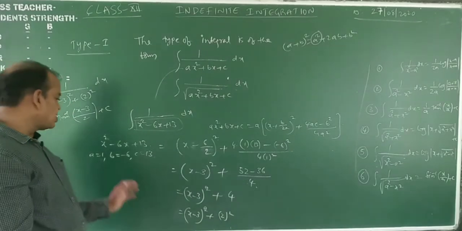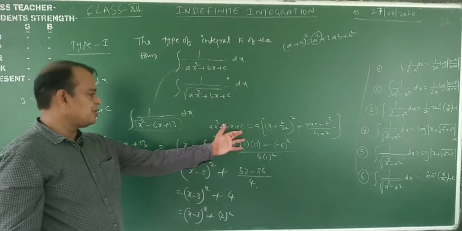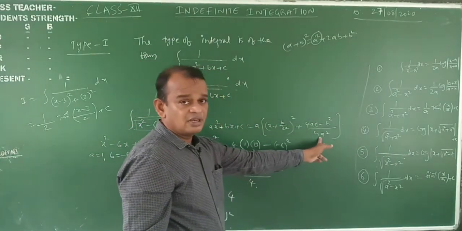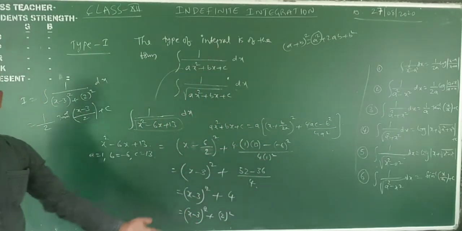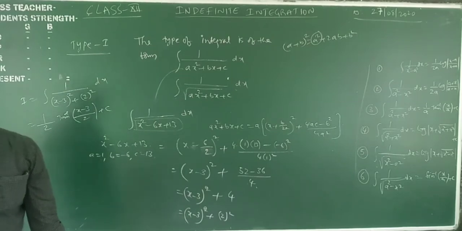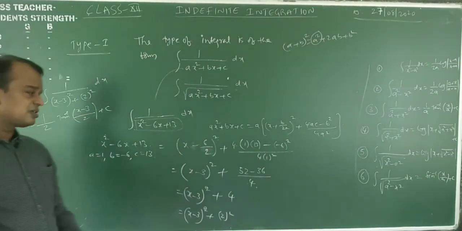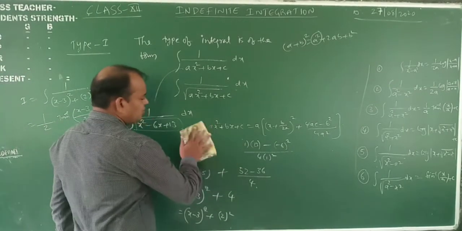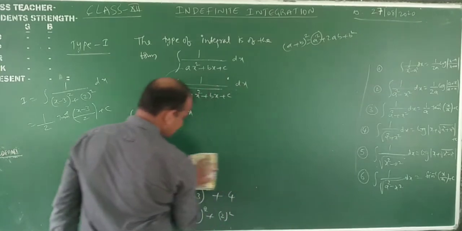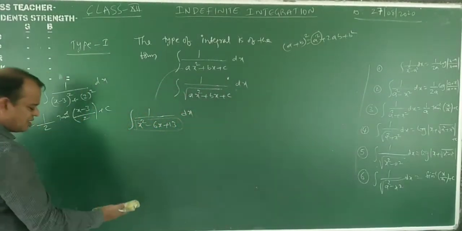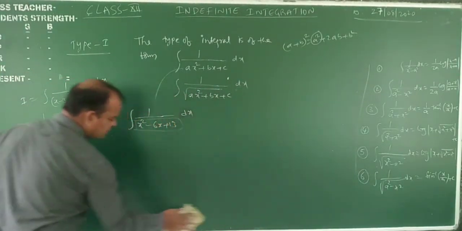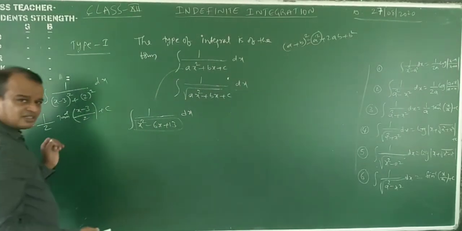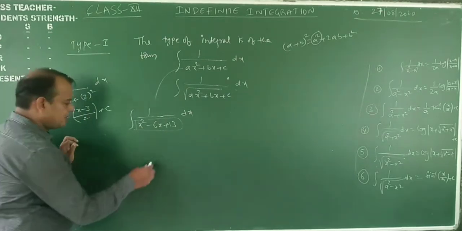In this way, by using the formula, ax square plus bx plus c is equal to a into (x plus b by 2) whole square plus (4ac minus b square) by 4a square. Okay, we will complete that one. But suppose without the formula, how to do the process? Understood? Now suppose you forget the formula. Formula is not good, working method is good. Don't memorize the formulas. How many formulas will you memorize? That's the working rule.